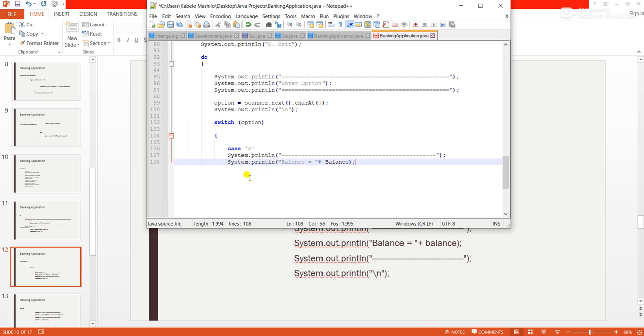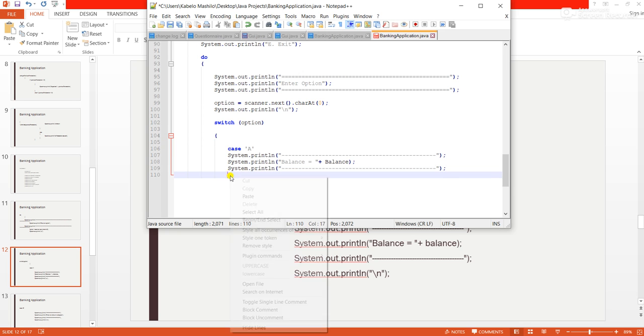Okay, and also let's just copy this. Okay,